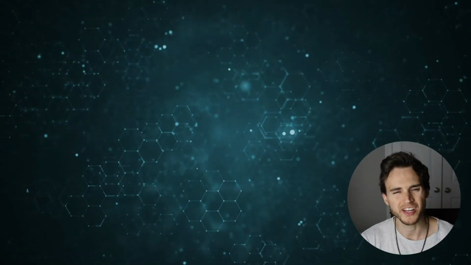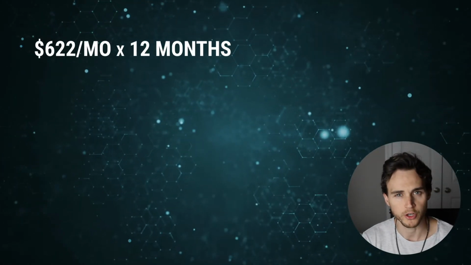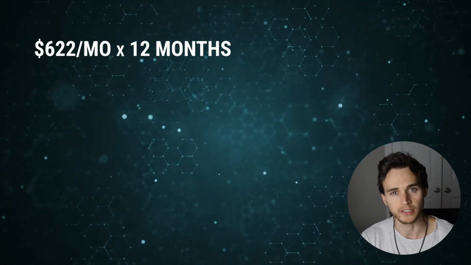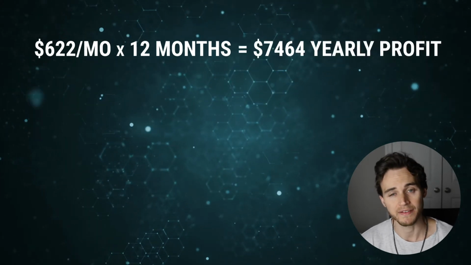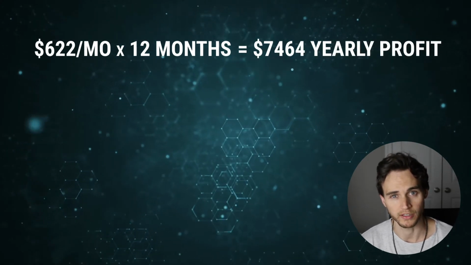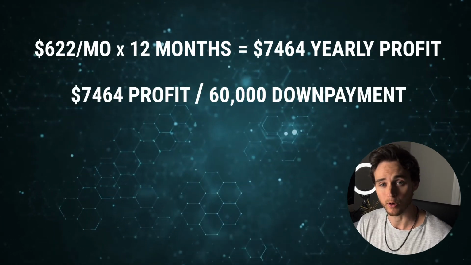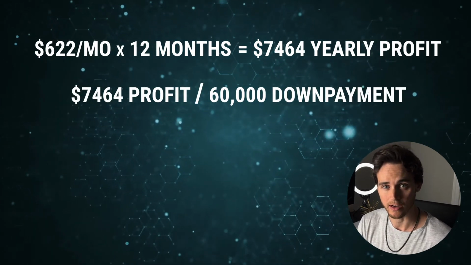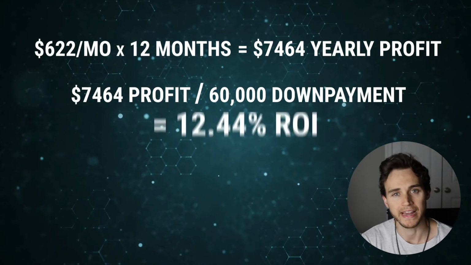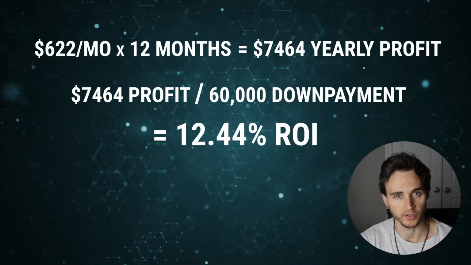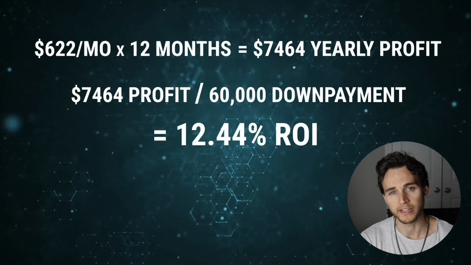So let's talk about how to calculate your return on investment. What you're going to do is take your $622 per month and multiply it by 12 months to get your yearly profit. In our case, we're looking at $7,464. I then take that $7,464 and divide by our original down payment of $60,000. Then I multiply by 100 and I end up with 12.44%, meaning that I'm getting a little over a 12%